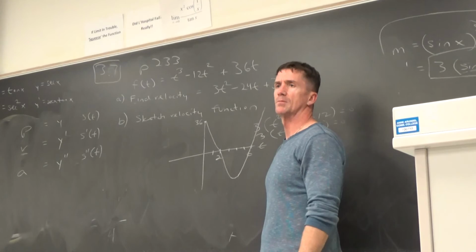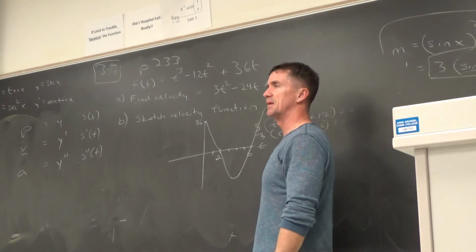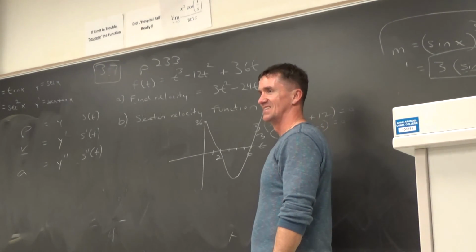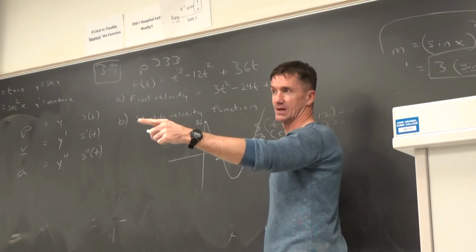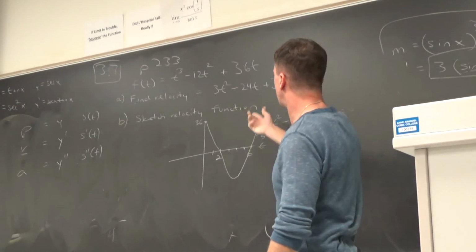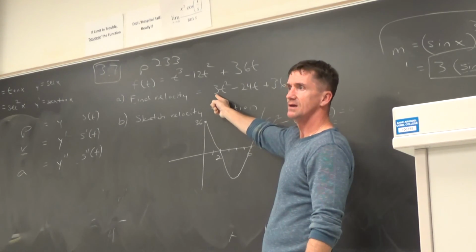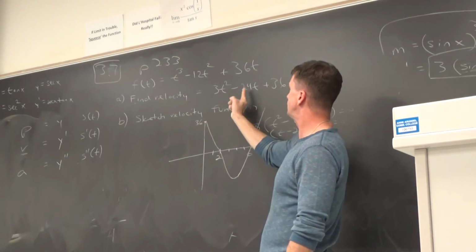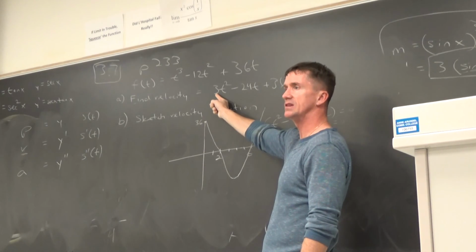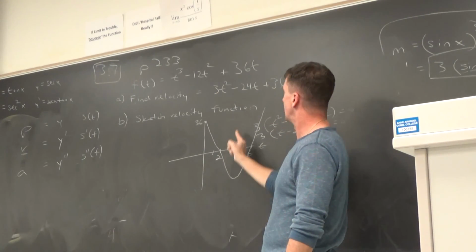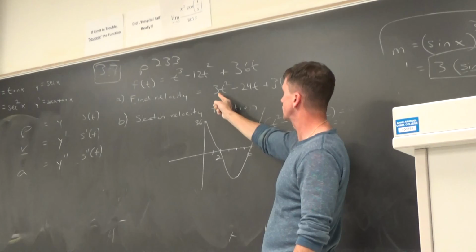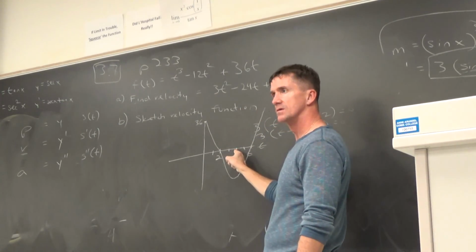Now, if you want, you could remember, wait, what's negative b over 2a? Do you remember that in pre-calc? They always made you do negative b over 2a for a vertex. Don't worry if you forgot that. It's a formula for finding the vertex of a parabola. Negative b over 2a will give you the x value of the vertex. And you'll notice, what's negative 24 over 2 times 3? 4. So at x equal to 4,